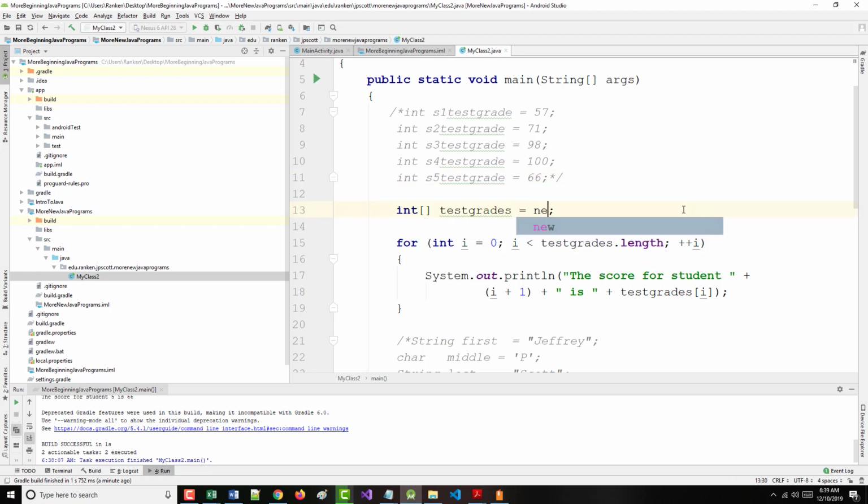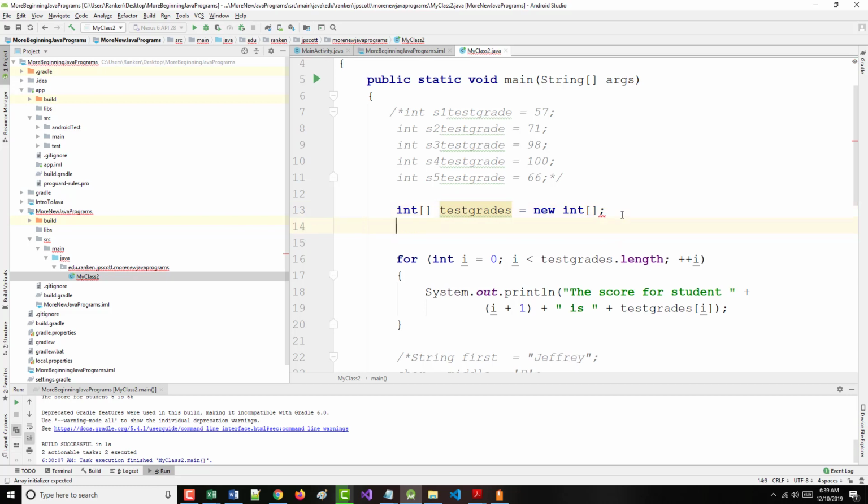I can say new int bracket bracket. Now, it's probably going to give me some errors down here, but that's okay. Oh, I've got to give it a number in here. I do have to give it a number. So let's say we have 10 students. All right. Then I can manually come in and say test grades